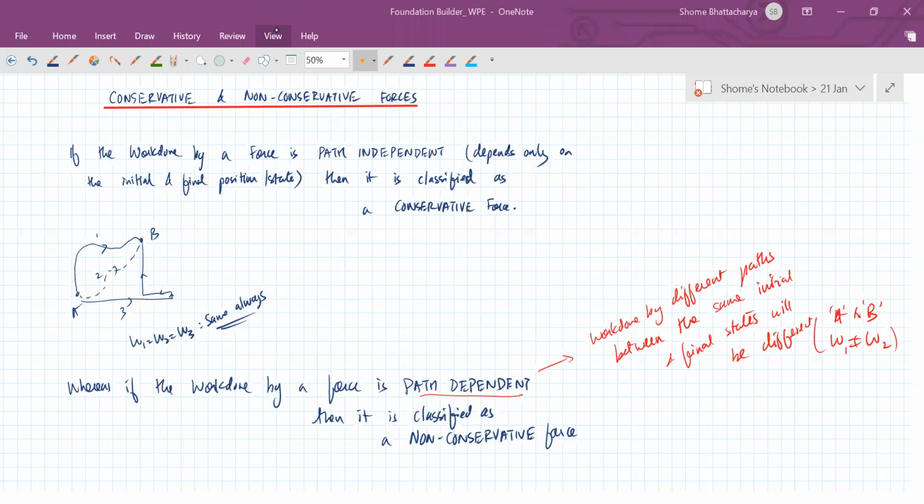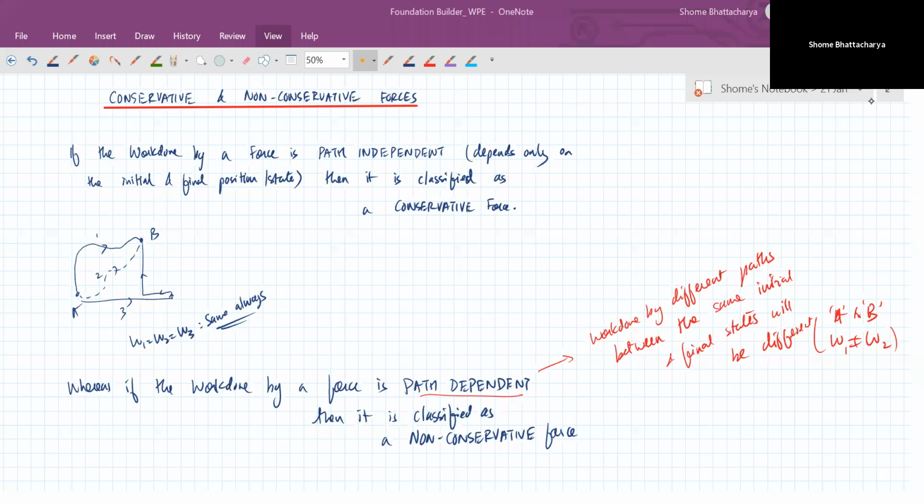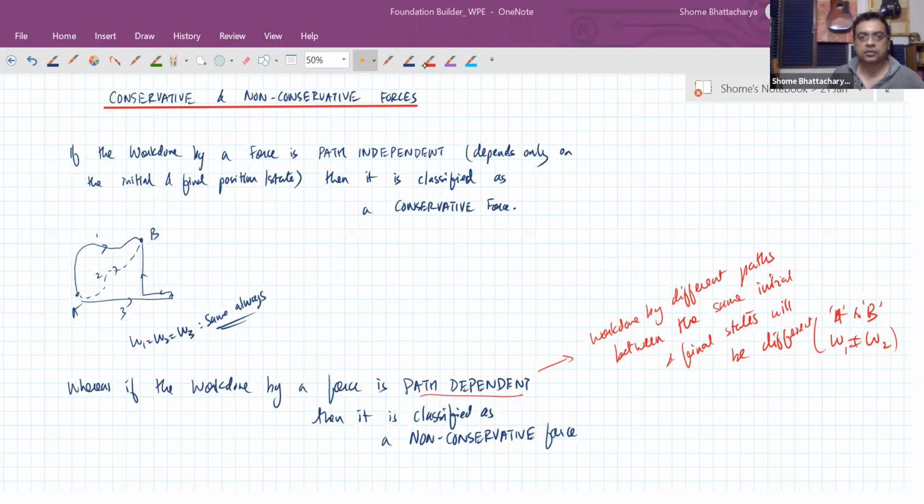Okay, people, so hope you understood this definition. Now, there are a couple of more important things about conservative and non-conservative forces. We'll discuss about that. Not only is the work done by the conservative force path independent, another important thing is,